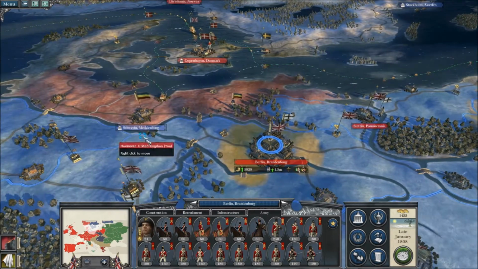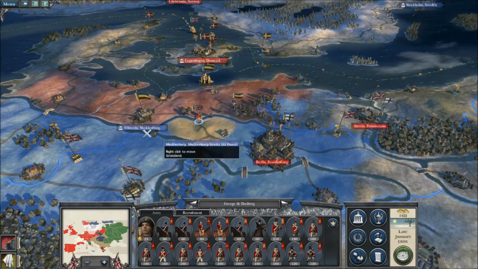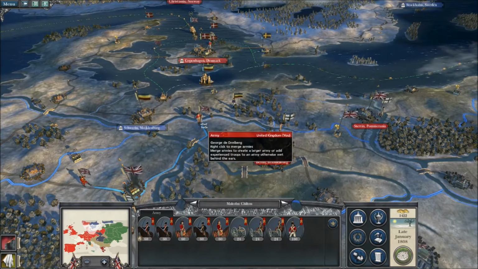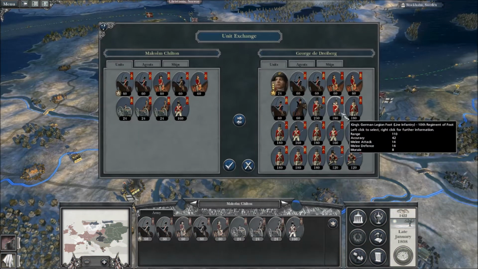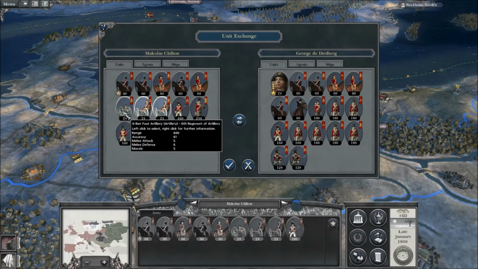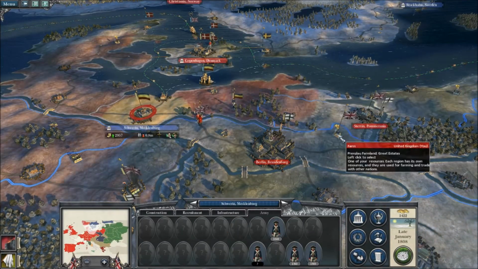Okay, so we need to... Can we move to here? We can, so ready to roll. We're going to attack here, of course. Need some artillery. Get some artillery in now. Okay, cab's quite good. Just looking at moving out some of these guys. Okay, I think that should be enough to take out that. We need to look at